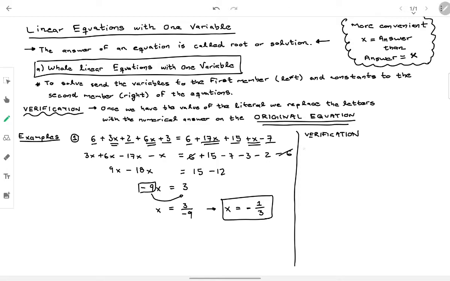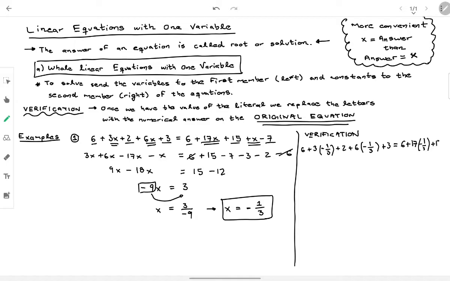So in this case, the original expression is 6 plus 3 that multiplies minus 1/3 plus 2 plus 6 that multiplies minus 1/3 plus 3 equals 6 plus 17 that multiplies minus 1/3